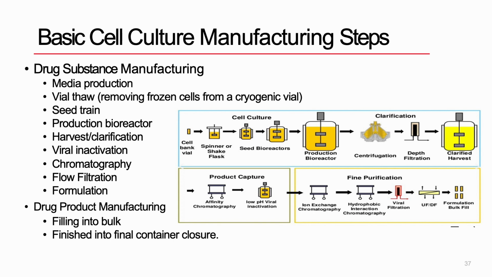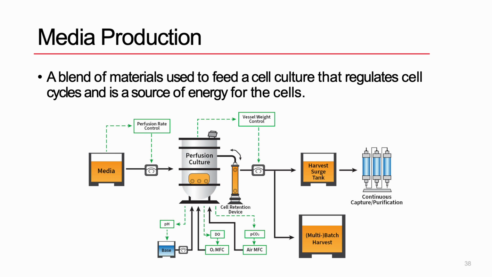So again, for the container closure, we will have different container closures as well. So here, for example, it can be a vaccine, or it can be, again, a biological product. It can be in a syringe, it can be in an ampoule, it can be in any type of container that's going to protect, of course, the final product, as well as allowing us to store it, to transport it, and then, of course, to use it.